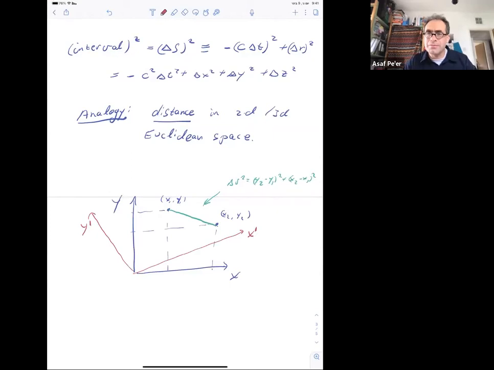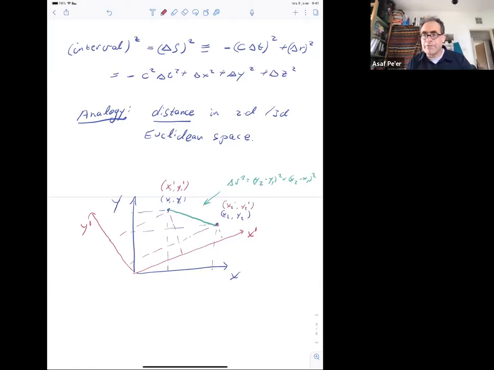So I'm now looking at the space a little bit tilted, right? So right now, with the new observer, the location of each point, it says this point here has coordinates x1 prime and y1 prime. And this point here has coordinates x2 prime and y2 prime,